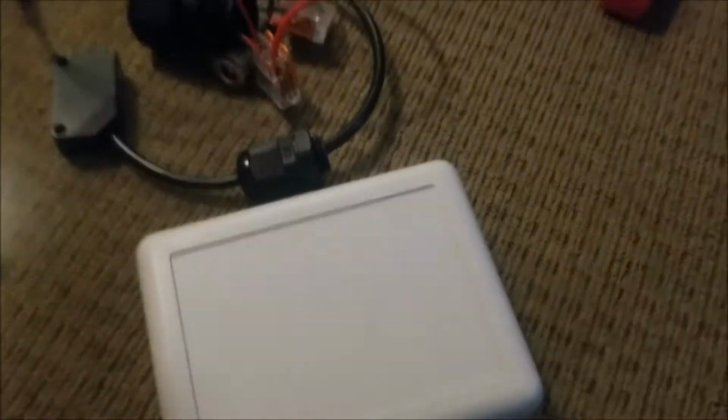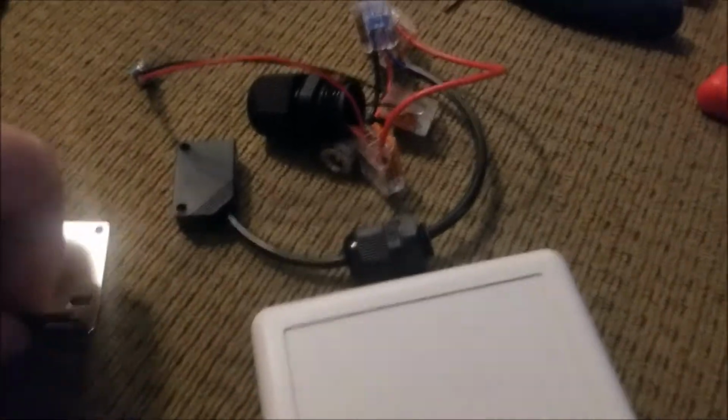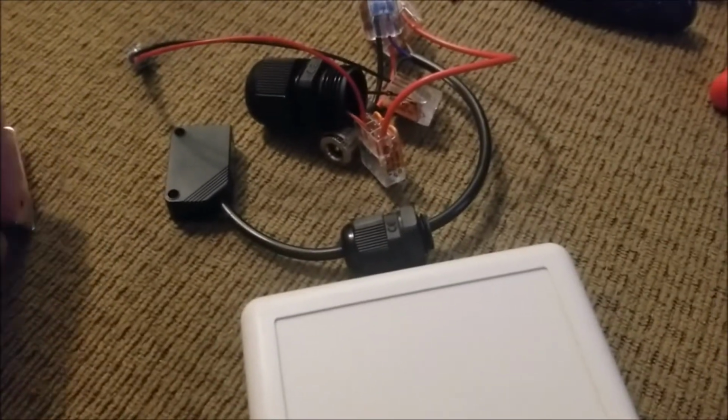So these cases are, I'm not sure how much. I did buy a whole batch of them because this isn't the only one that I want to build. I got enough supplies here to at least build 2 of these right off the bat, and see how that's going to go. So essentially,